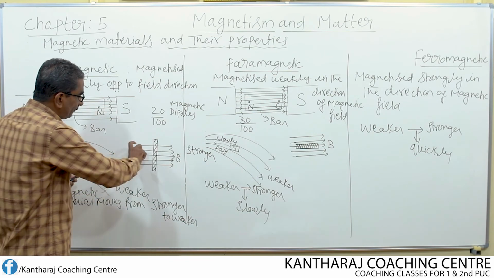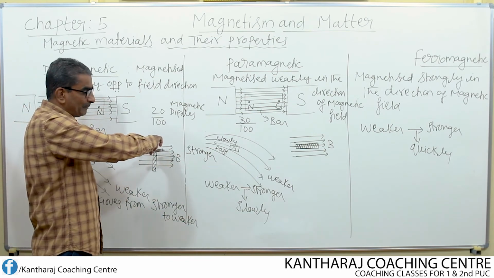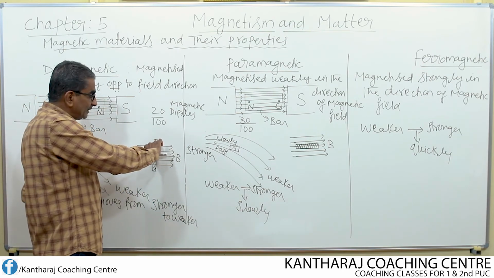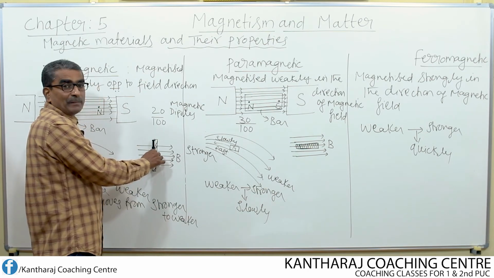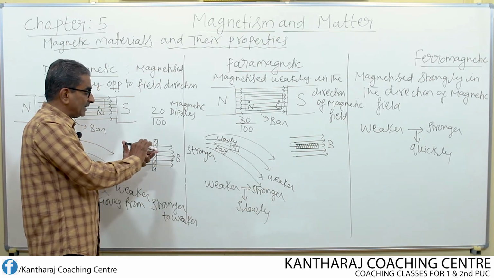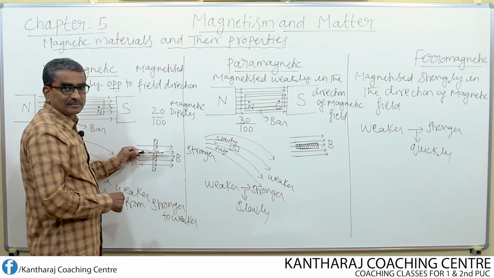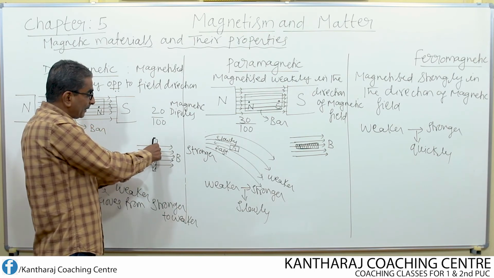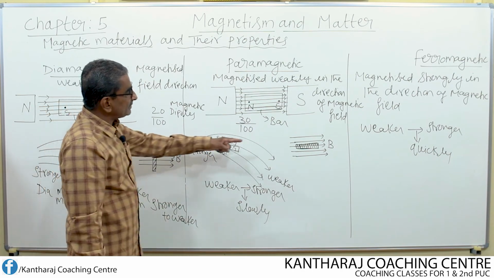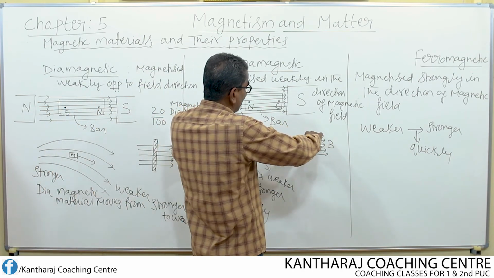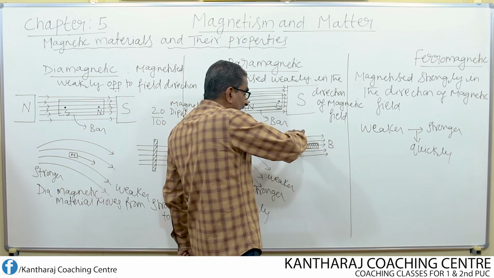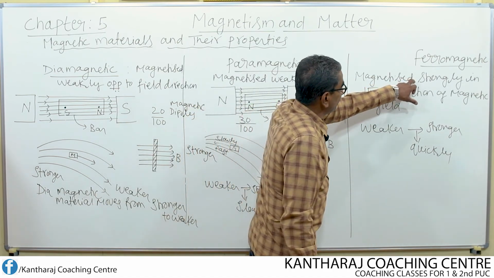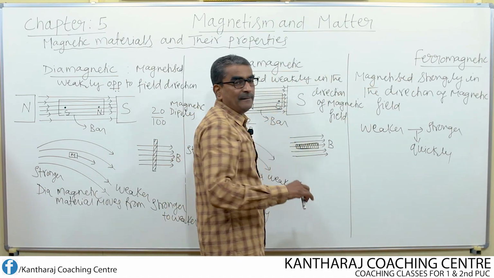Then suppose in a uniform magnetic field, if I suspend one magnetic material, say for example diamagnetic material, what happens is it is going to align perpendicular to the magnetic field. Suppose you imagine this as a diamagnetic bar, by means of thread, if I suspend this, it aligns like this, perpendicular to magnetic field direction. Whereas if I suspend one paramagnetic bar in a uniform magnetic field, then it always aligns along field direction. That means it aligns parallel to field direction. Even ferromagnetic material also aligns parallel to field direction.